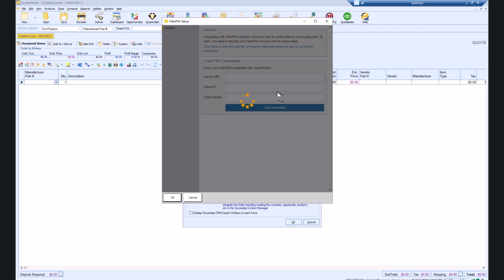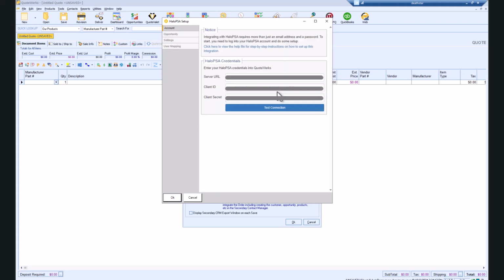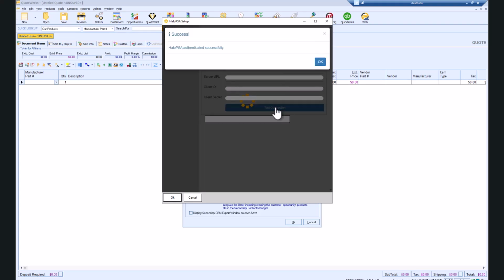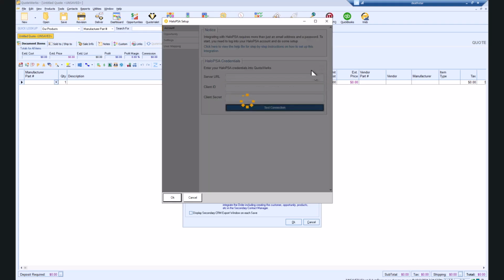Opening this window brings you to the Accounts tab. This is where you want to input your server URL, that's the URL that you use to log in to HaloPSA, the client ID, and the client secret. Once you've input this information, you should click Test Connection to make sure the connection has been established. If everything has been set up correctly, you will receive a pop-up that indicates that HaloPSA authenticated successfully. If you get anything other than success, make sure to go back and check that you have input the correct